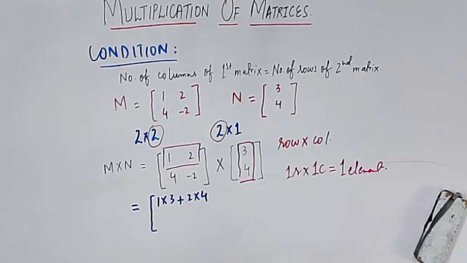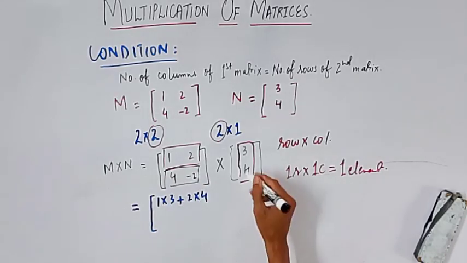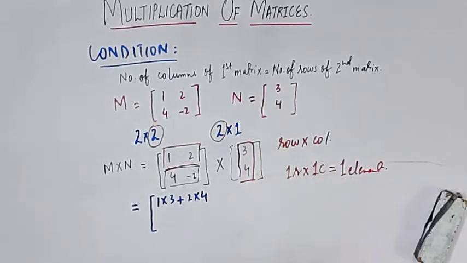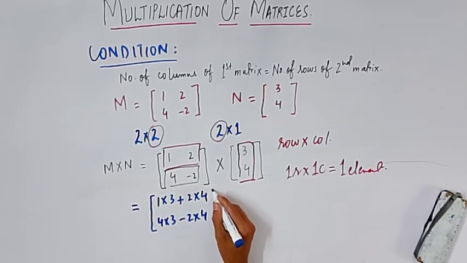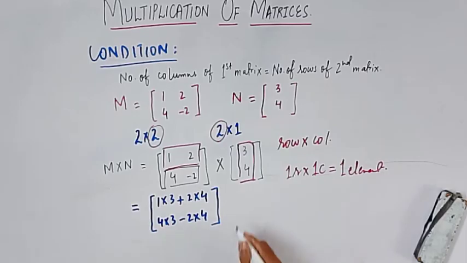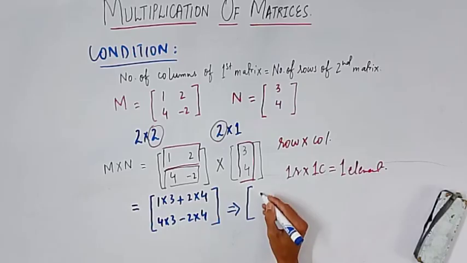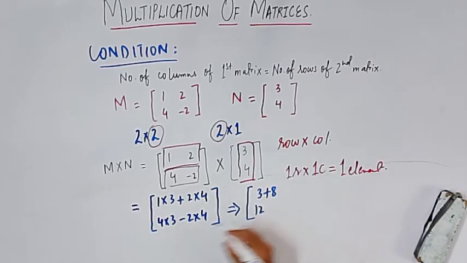Now similarly you will multiply the second row by again the same column, because there is only one column. As it is in the second row, so we will also write in the second row over here. So 4 3s are, and minus 2 multiplied by 4. Now simplified, you will get 1 3s are 3, 2 4s are 8, 4 3s are 12, minus 2 multiplied